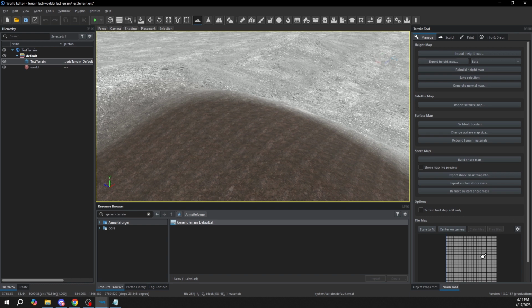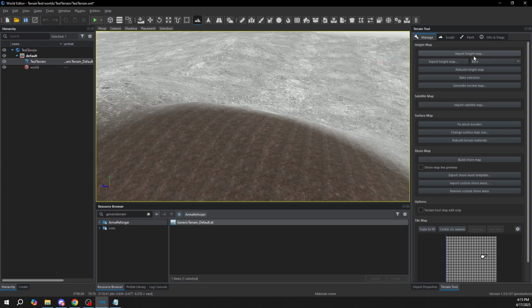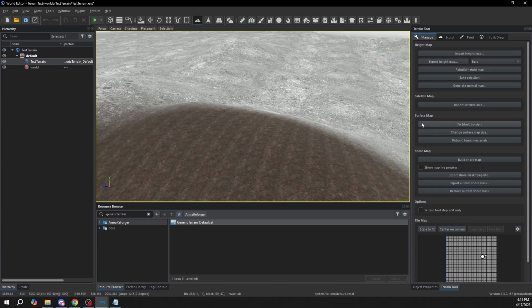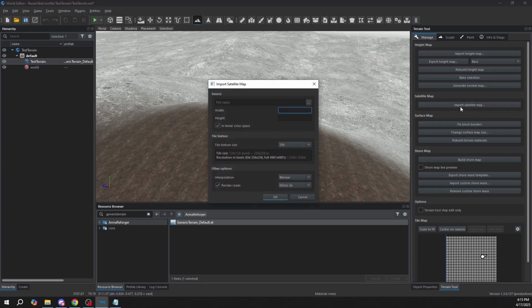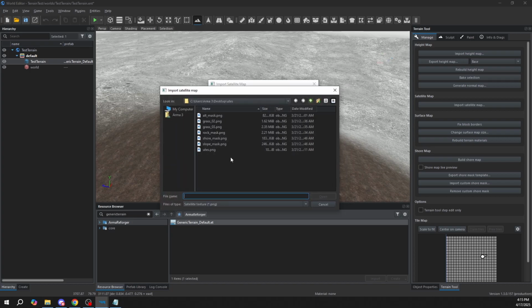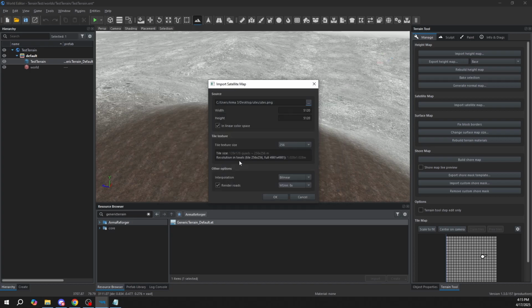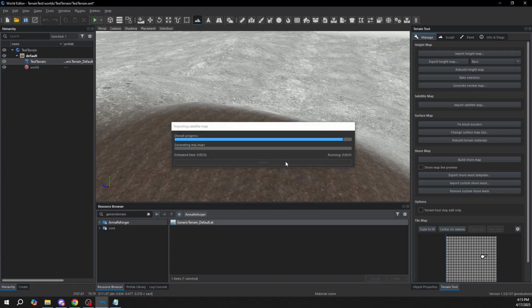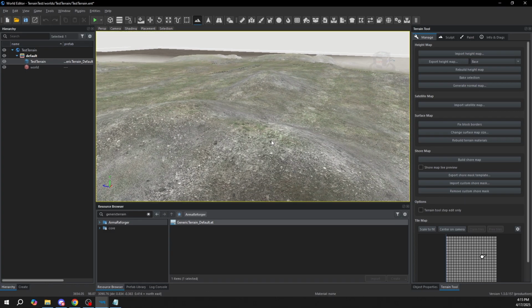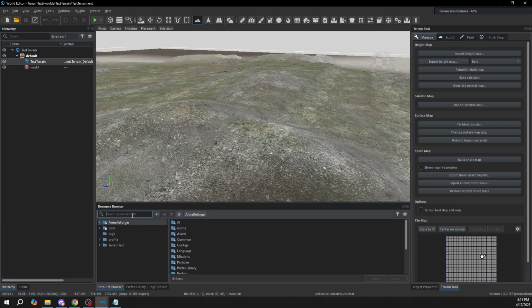It's all fine. But anyway, I'm kind of doing this out of order, but I'll explain why in just a second. What we're going to do now is import the SAT. These settings are fine, just like I said before. And we're going to hit Control S and save, and this will start building textures. While we're doing that, I'm going to explain all the different prefabs that we have